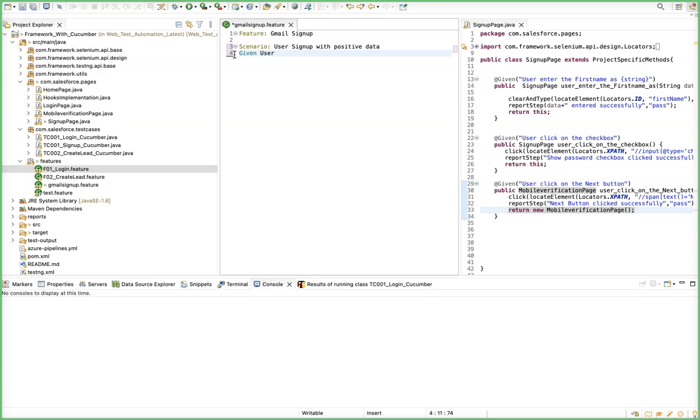You can use Given if you are required. Otherwise, you can go directly to When action also. Not at all an issue. Okay, that and all, no issue. Given user enters the